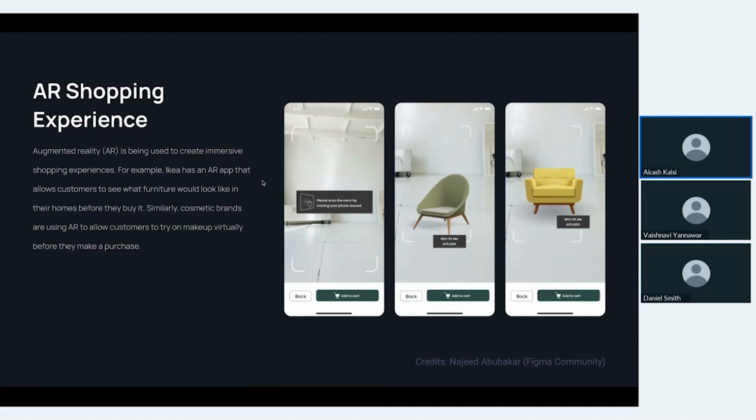And yeah, it is very cool, and it is very easy to know what looks best in your place. Okay, so yes guys, AR shopping experiences are becoming increasingly popular as more retailers and people incorporate these technologies in their online stores.